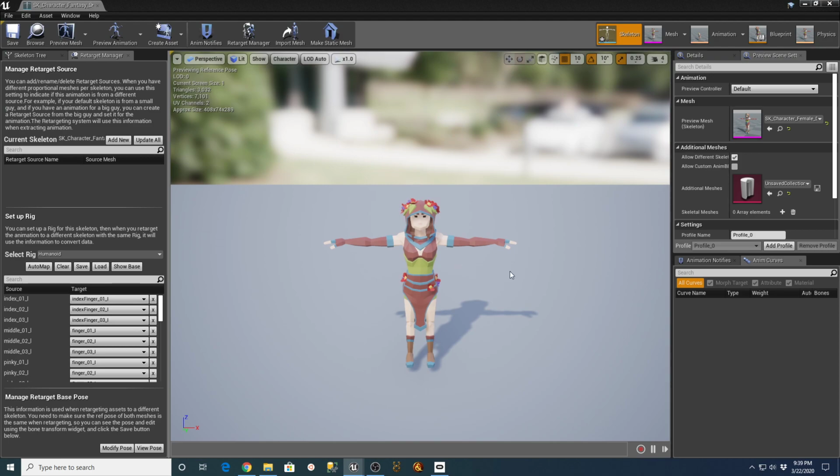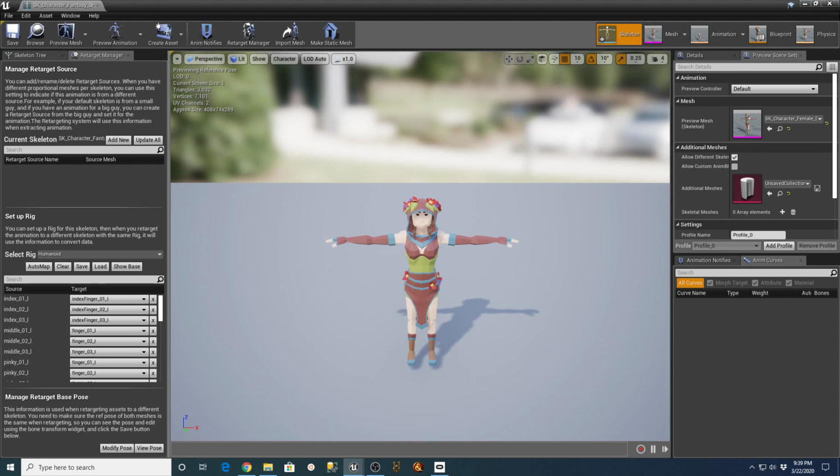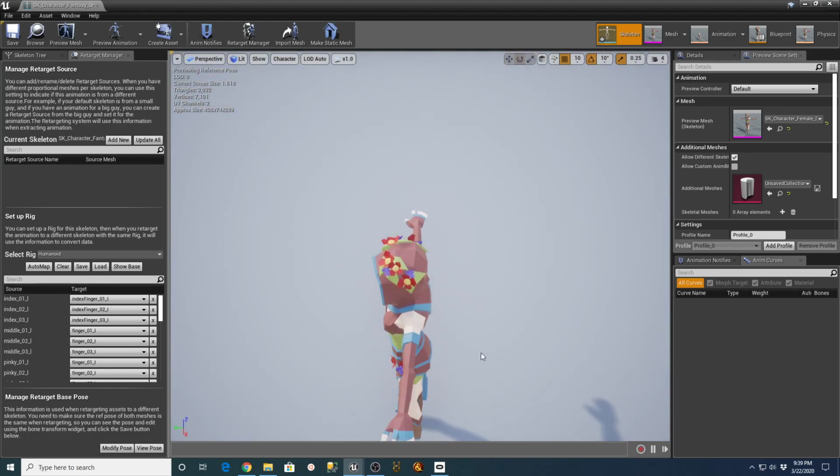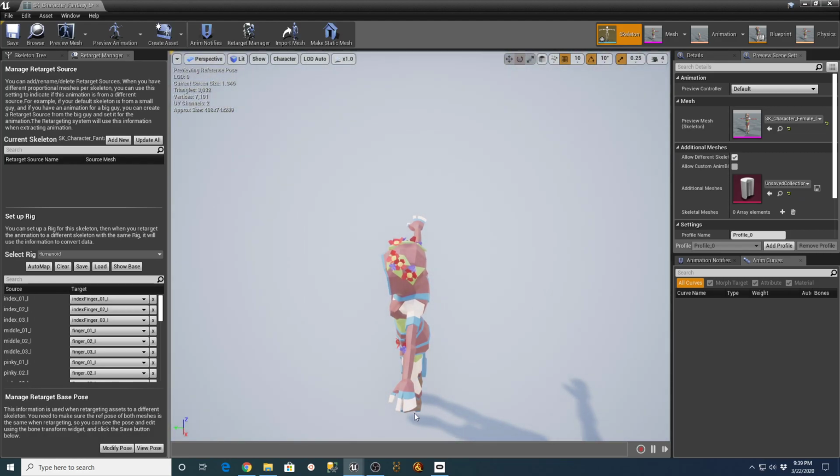But what I was talking about there with the fingers is if you spin this around, we talked about this a little bit last night. You have a thumb, an index finger, and then all these other fingers are all just the same finger. So they're just called finger, but it's not mapped in there that way. So you gotta fix that. And I think when you map everything else over, it should make it so that the animations work a little bit better on these Synty characters.